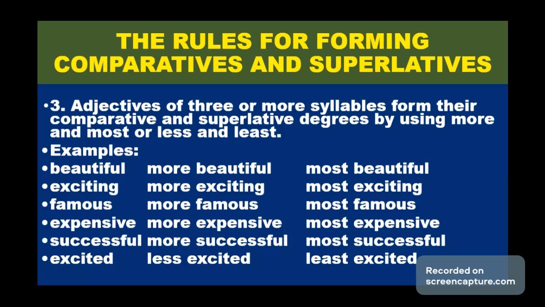Then let's look at rule number 3. Adjectives of 3 or more syllables form their comparative and superlative degrees by using more and most or less and least. Examples are beautiful, more beautiful, most beautiful; exciting, more exciting, most exciting; famous, more famous, most famous; expensive, more expensive, most expensive;